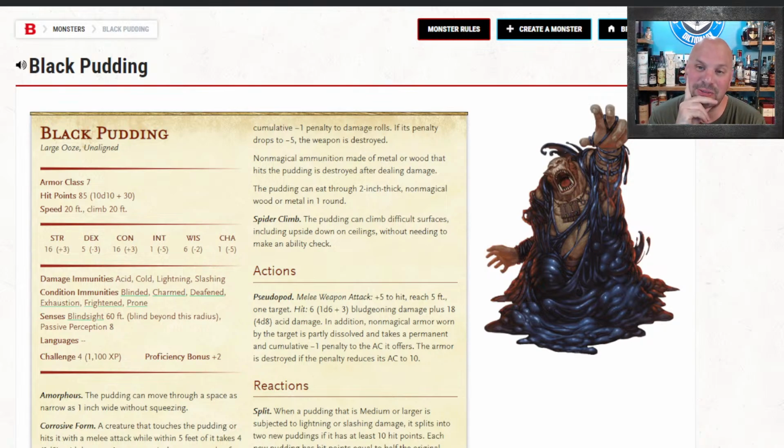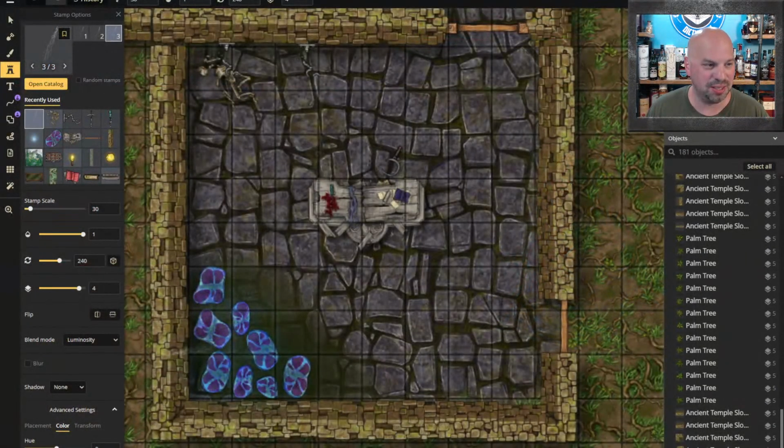We could have, if they fail somehow to decipher the clue, then the hand comes out of the wall and it attempts to grab people. I think that's good. I think there would be a black pudding in the room, just one. I think just one black pudding in the room, and it's kind of gooping over to people. And if they